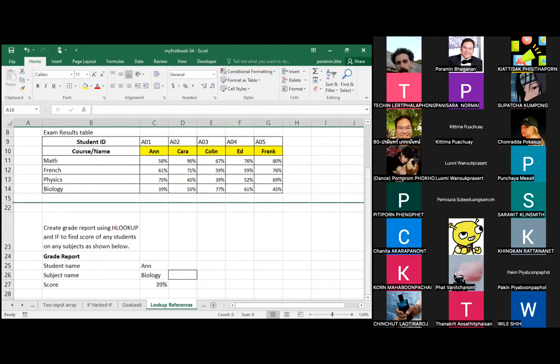Then I said that if the cell that the user types in here, in my case cell C26, is math, that means value if true is row number 2. Otherwise, if C26 equals French,